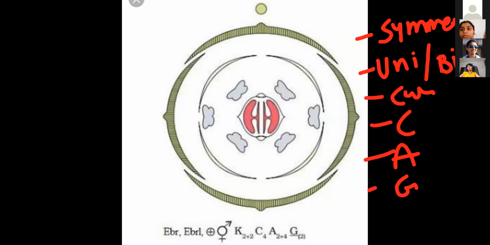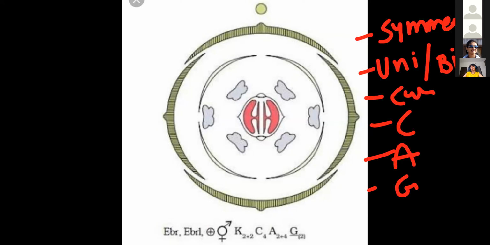Okay, this is the flower. This flower can be cut into two equal halves by any plane of axis, or any one plane of axis. So this flower shows what type of symmetry, radial or bilateral? Zenil correct. Jugal correct. Yes.